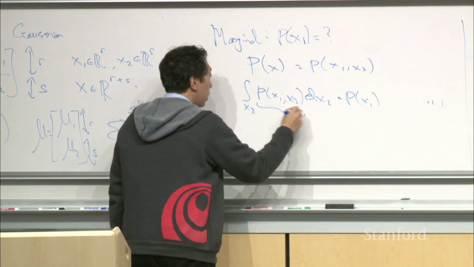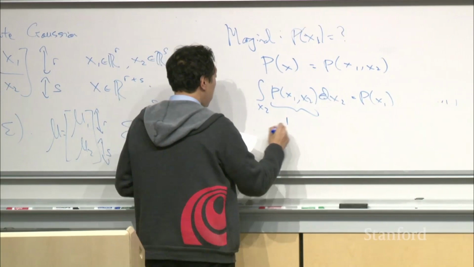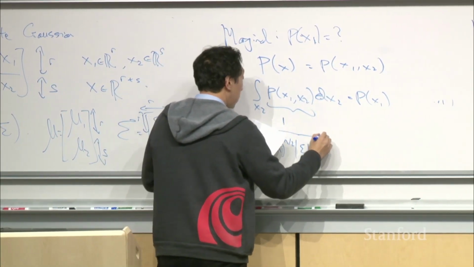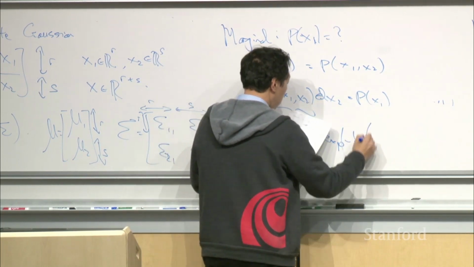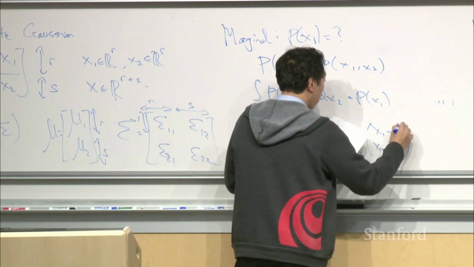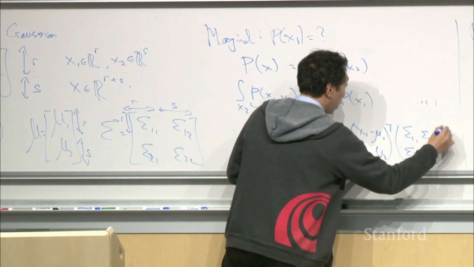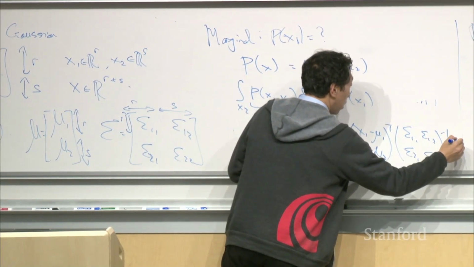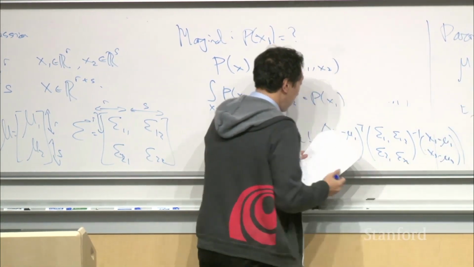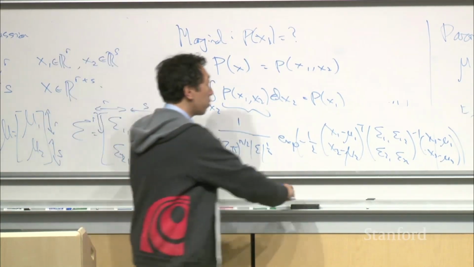If you plug in the formula for the Gaussian density, 1 over 2 pi to the n over 2 times e to the minus 1/2 of x1 minus mu1, x2 minus mu2, and so on, into P of X1 comma X2 and actually do the integral,